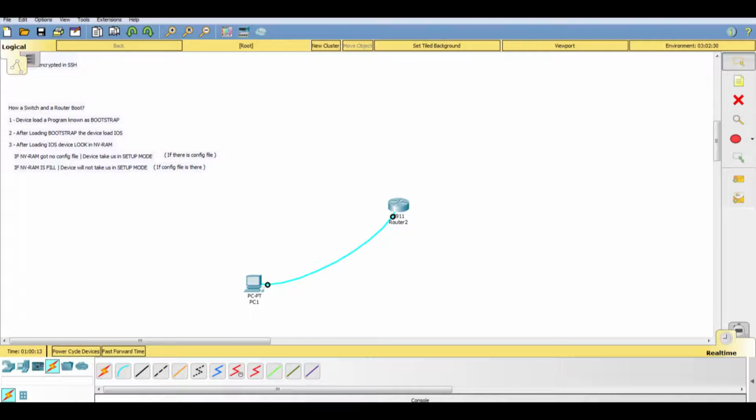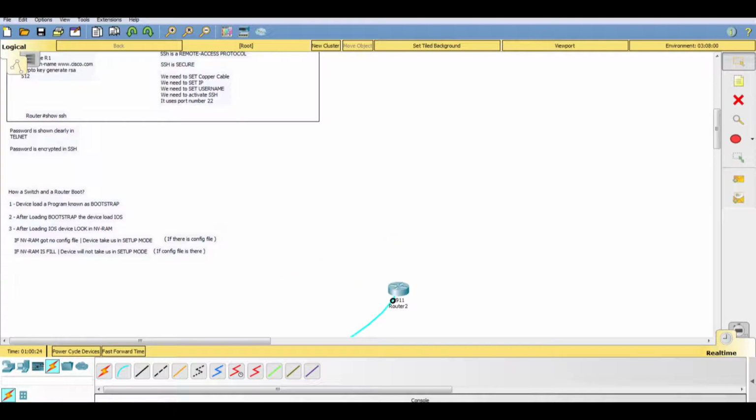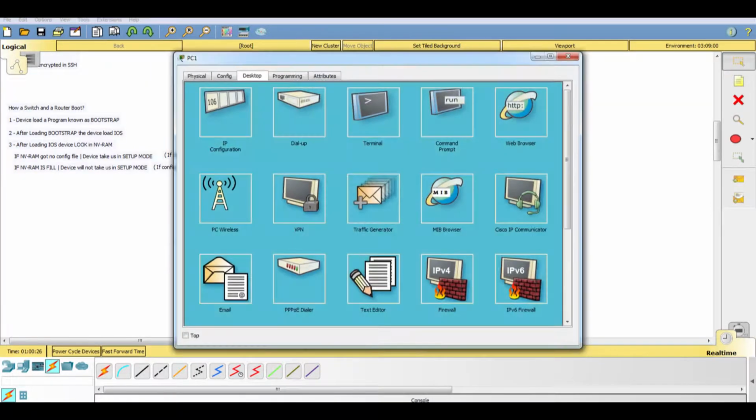Okay, always remember, console cable is used for initial configuration of router and switches, so we do need a console cable. Without that we cannot really configure a router and switches. Okay, after attaching console cable, we need to set up